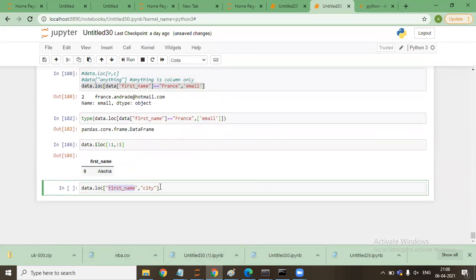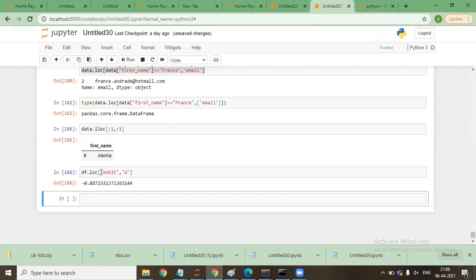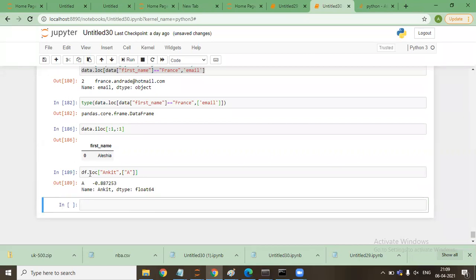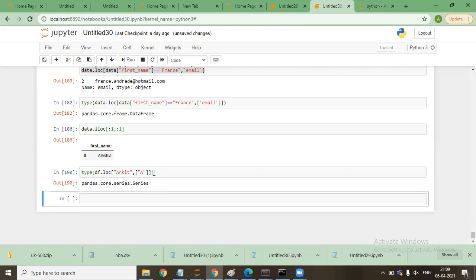So for example, if I consider the data that is df, I'll say df dot loc, Ankit, comma A. It will give me this value, but if I specify A like this and check the type, it comes as a series in this scenario.